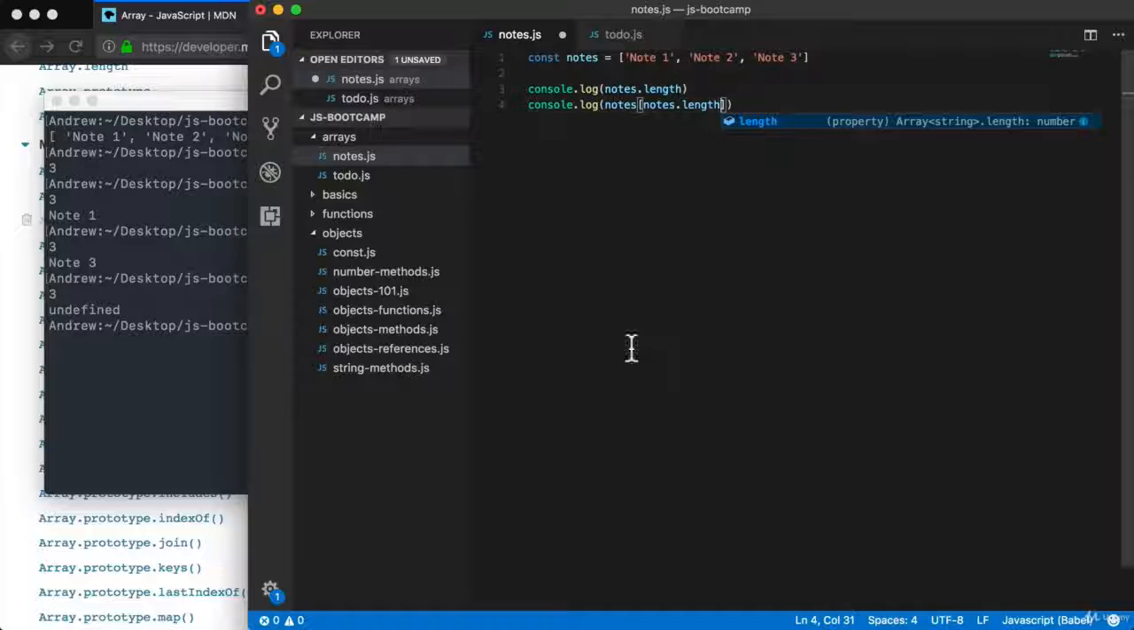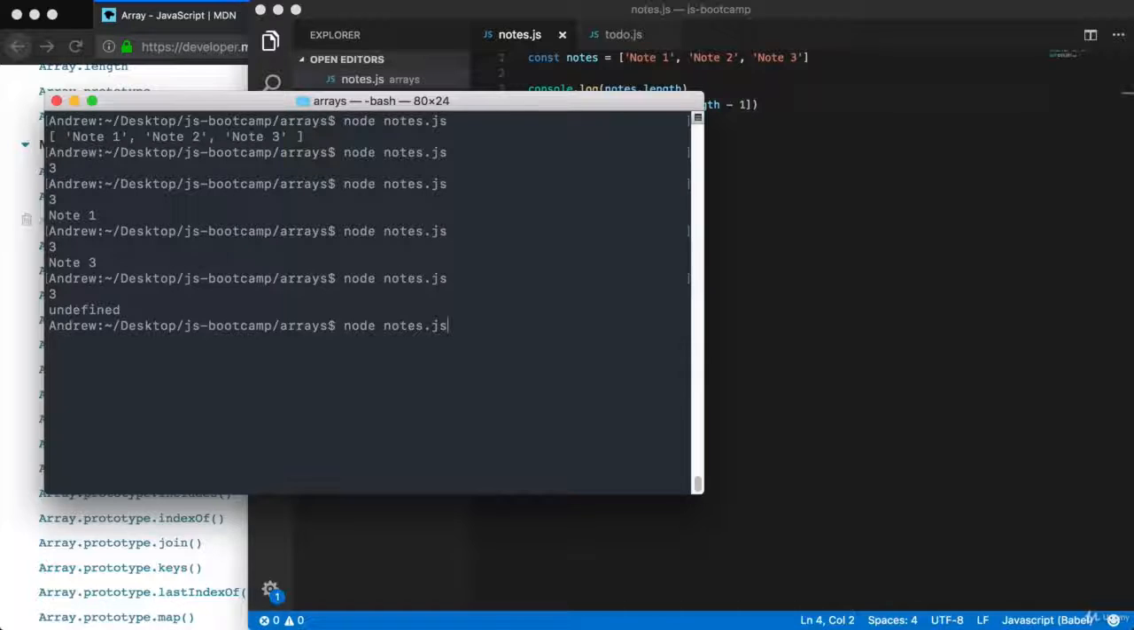Does the index of 3 exist? No, because this is 0, this is 1, and this is 2. So 3 would account for the next item in the list. So if I wanted to grab the last item, all I do is subtract 1. Now we have a way to always get the last item from the list,